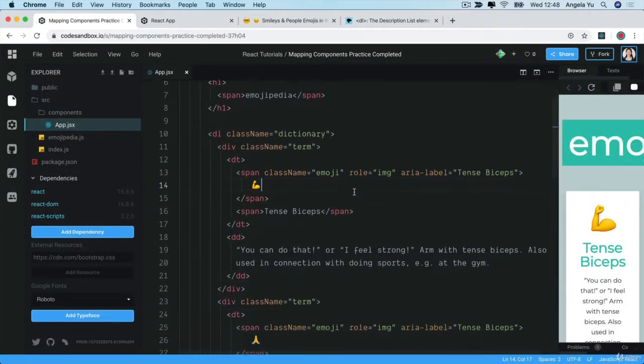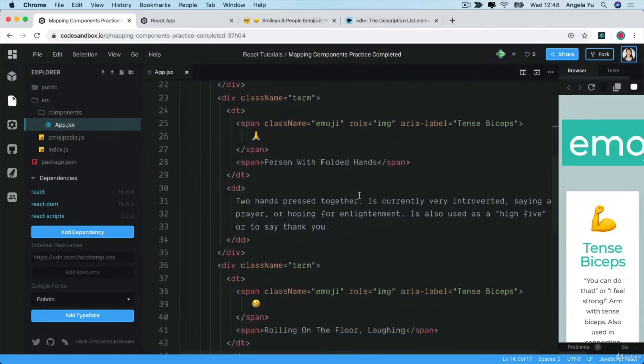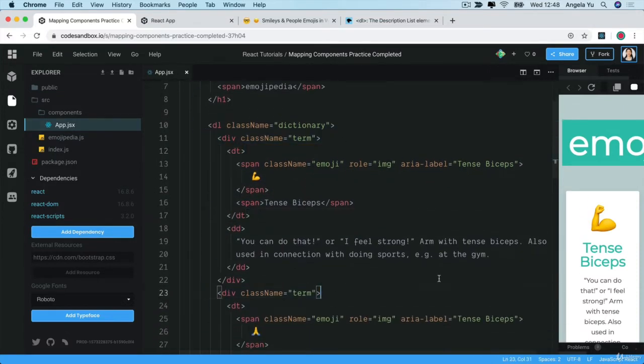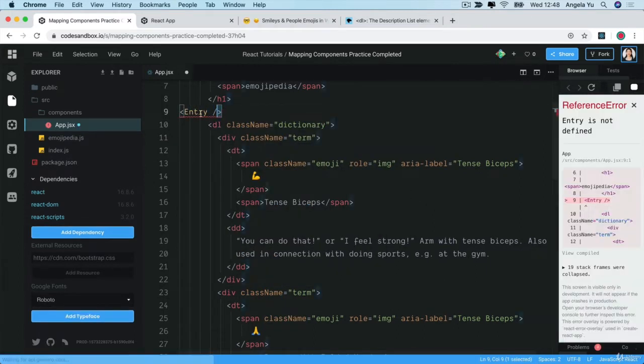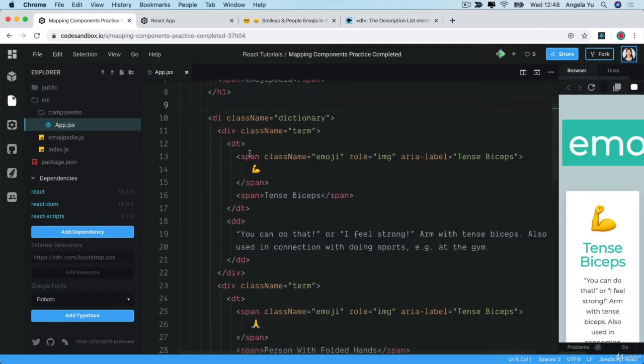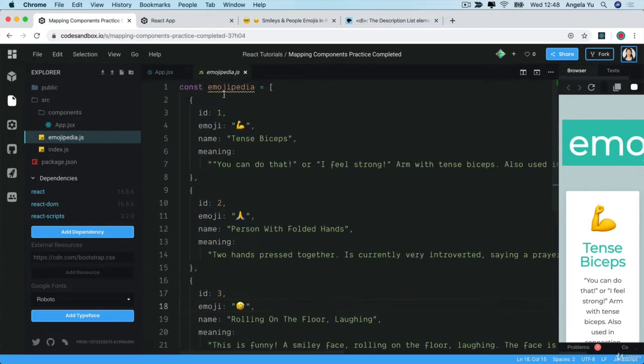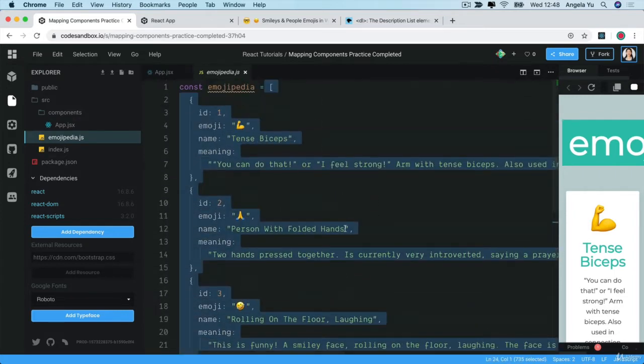But you'll notice that this is a horrendously long bunch of HTML that's just in here. And your job is to turn these dictionary terms into a separate component called entry. So that way you'll be able to create each of these new emoji entries and be able to use props to pass over customizable things such as the actual emoji or the name of the emoji or the definition of the emoji. And if you look inside the emojipedia.js, I've already created a constant that is an array of JavaScript